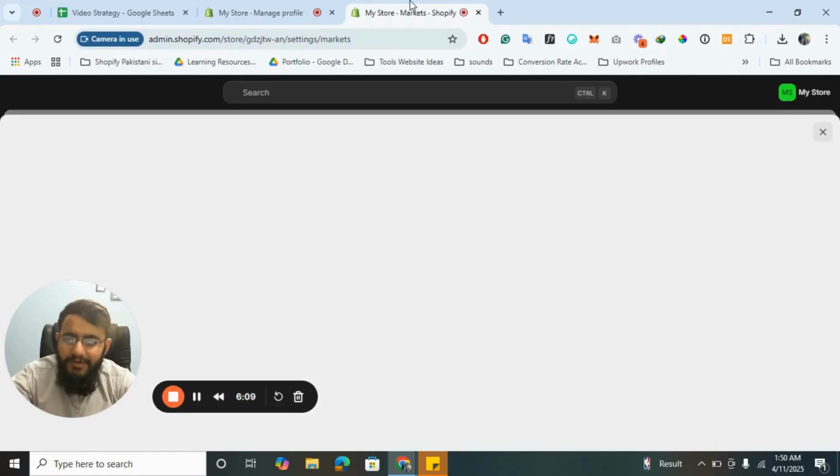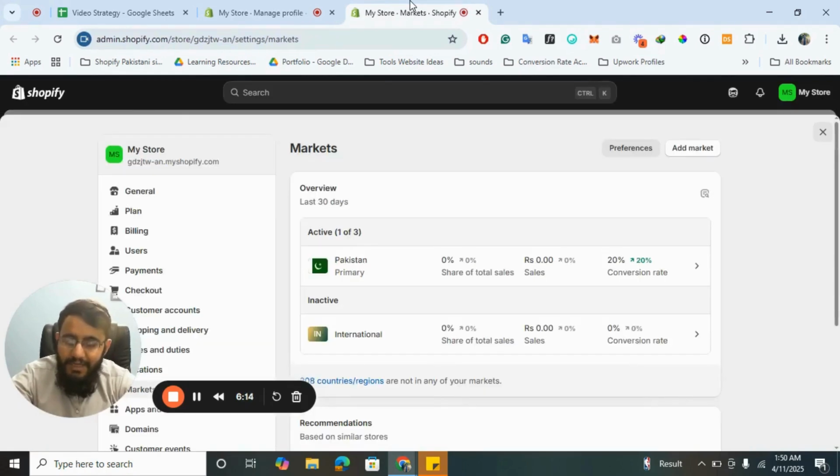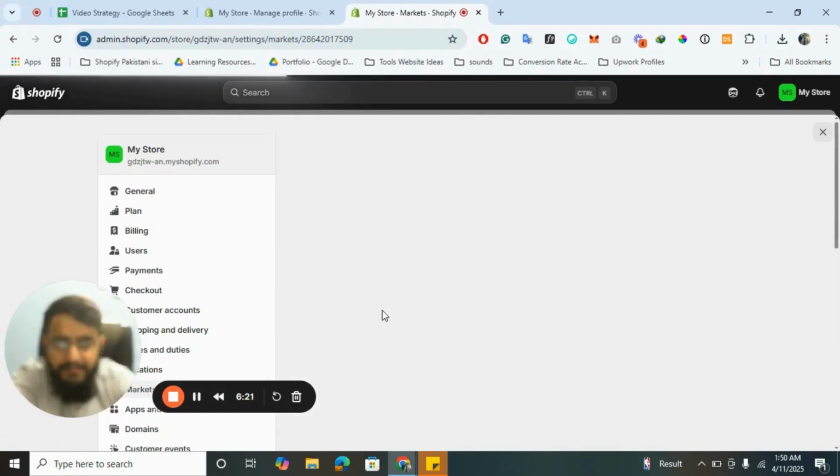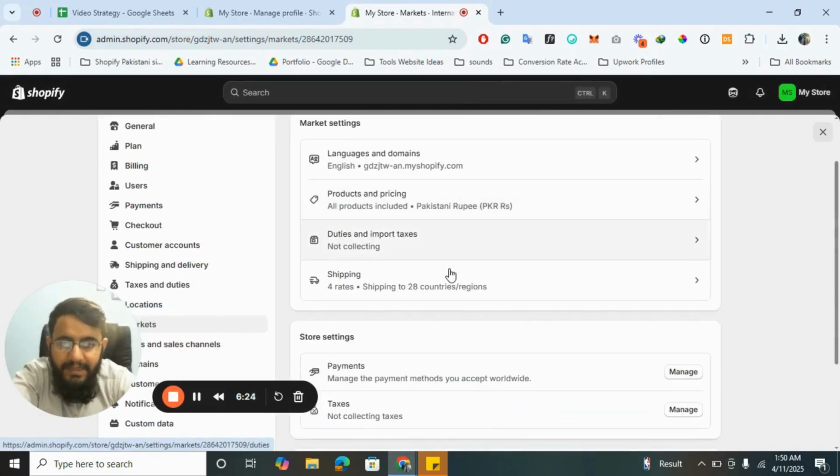All the countries should be in a market, or the countries that you want to deliver to. So you can go to markets. You don't have to enable each and every market, because normally you won't sell to like 206 countries. You sell to like 2 to 3 countries. As you can see, only the Pakistani market is activated, and for the international market, you have to click on this market,